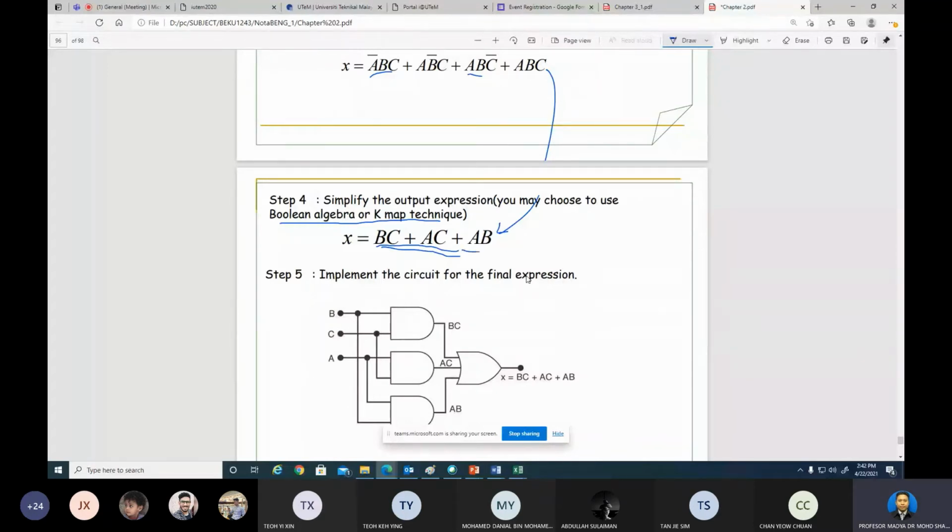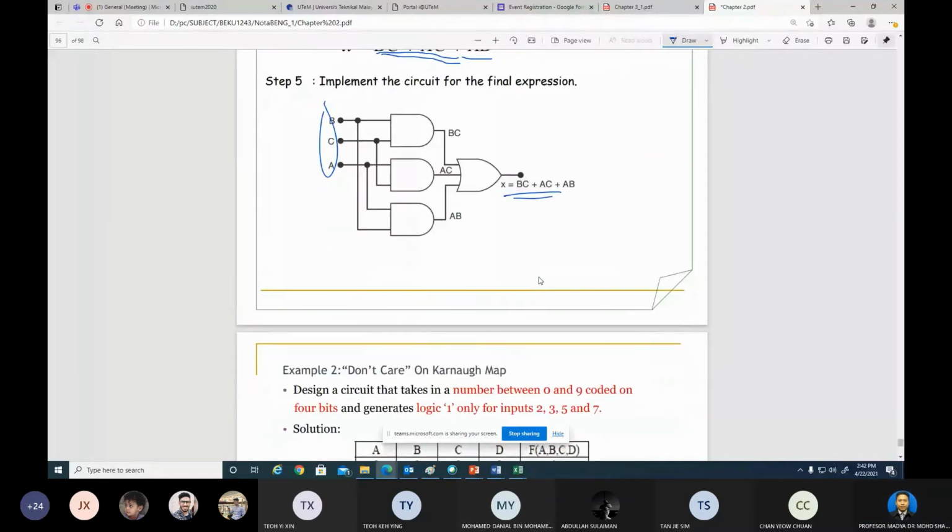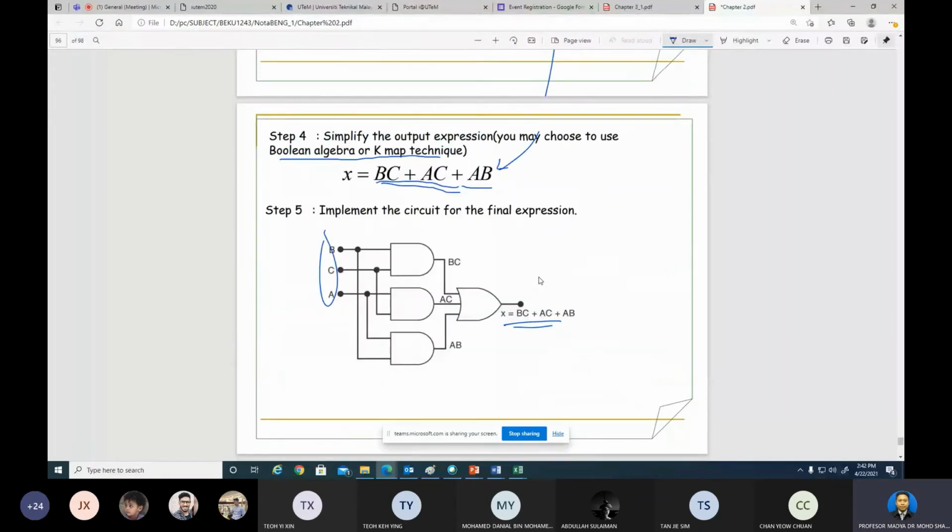After you get the simplified output expression, then you can draw the circuit. This one we call the combinational logic circuit. So step number 5 will be to implement the circuit. From the 3 inputs here, the output will be like this. So I think that's all for chapter